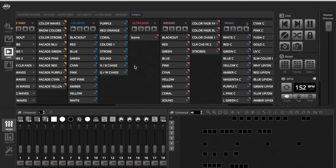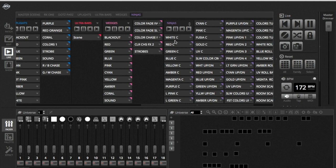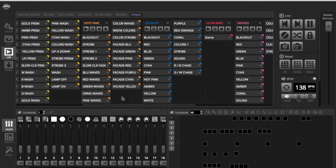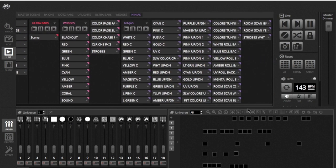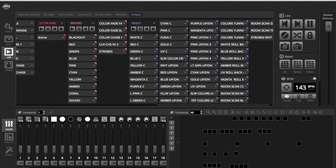But what I love about this is that you can have all this stuff here, and then I can program all these and add them on later on if I wanted to. So that's one cool thing about the 3.0. But that'll probably be another video later on. But moving on, my wedges, all the wedges here, and then my ninjas, Ninja 5 RX. I don't necessarily have them in groups in order, because what I'm going to show you next doesn't matter. But if you're very particular on how to put these in order,